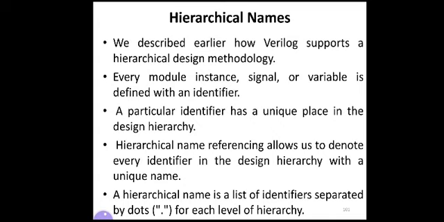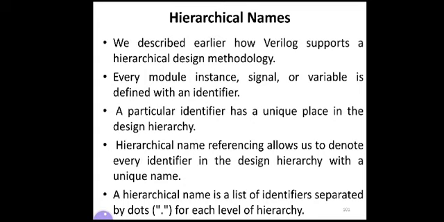So how to access that unique identifier? By using the hierarchical name reference that we are going to discuss here. The hierarchical name reference allows us to denote every identifier in the design hierarchy with a unique name. A hierarchical name is a list of identifiers separated by dots, one for each level of hierarchy.